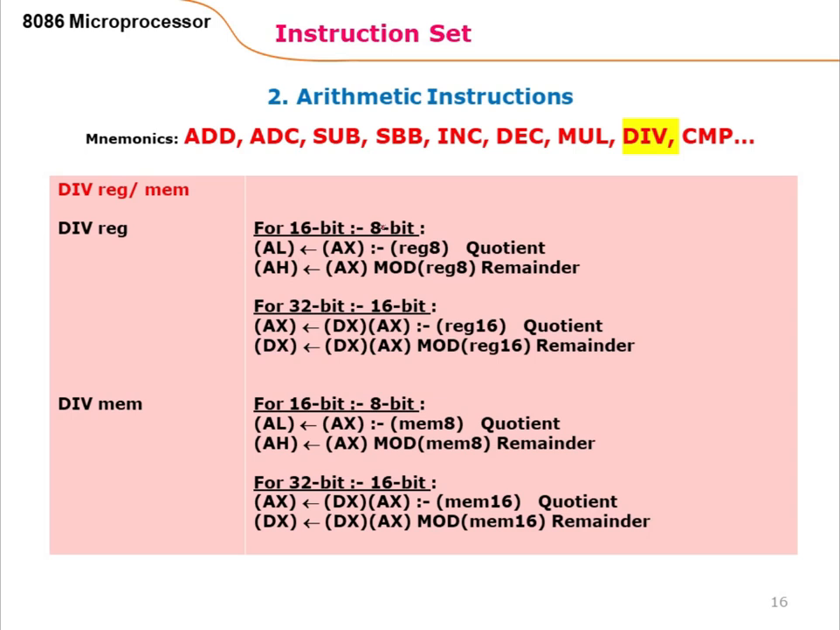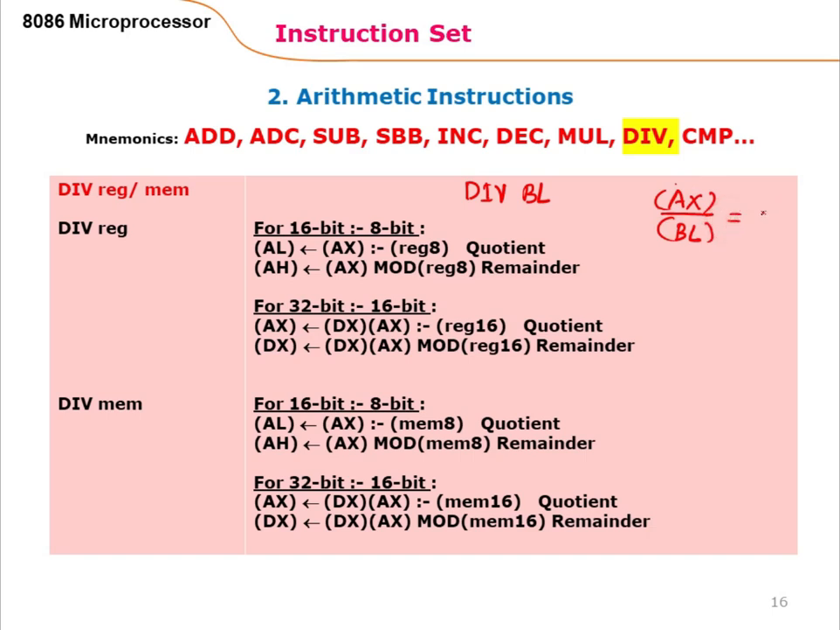Here we will divide the 16-bit by 8-bit. By default the first operand is AX and it is divided by the given register. Suppose we use the instruction DIV BL. So this is the 8-bit, so the content of AX is divided by BL and